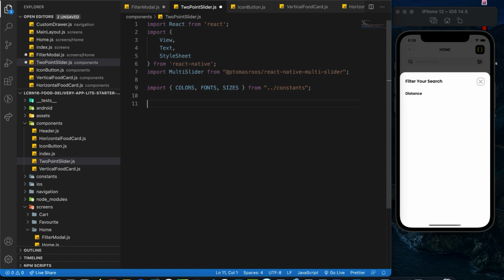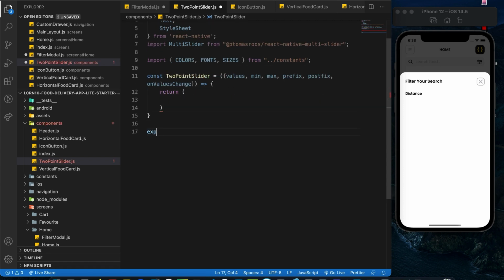Alright. After that, we can then create the functional component. So const TwoPointSlider. And for this, we need a few props, which includes the values, min, max, prefix, postfix, and also onValuesChange. Followed by the arrow function, and we are going to return something. Don't forget, we need to export default TwoPointSlider over here. And before we work on the TwoPointSlider component, we need to define the shadow style. Alright, so const styles equals StyleSheet.create,